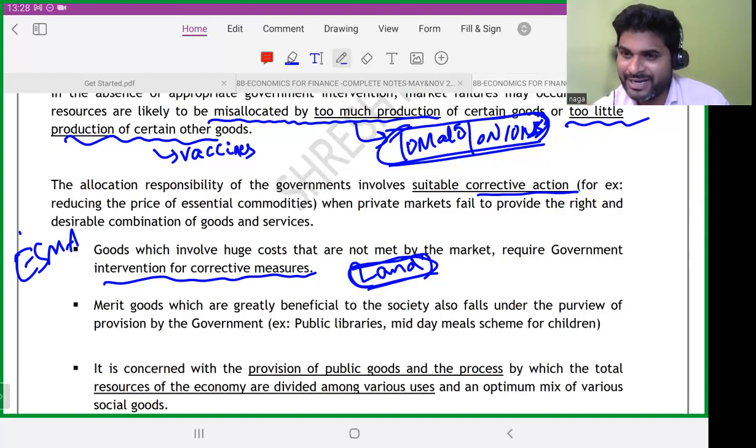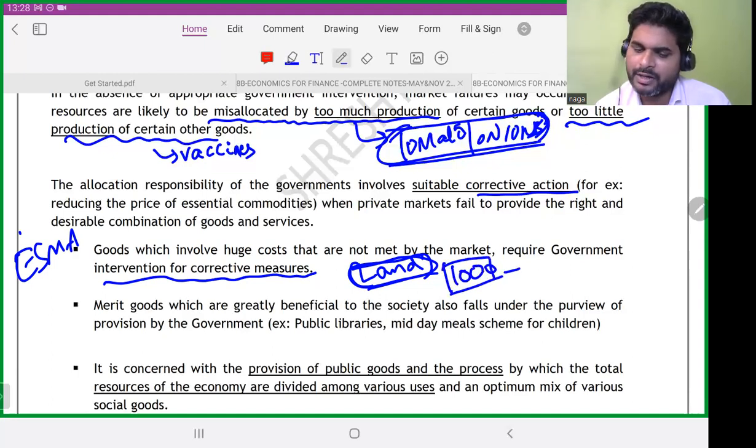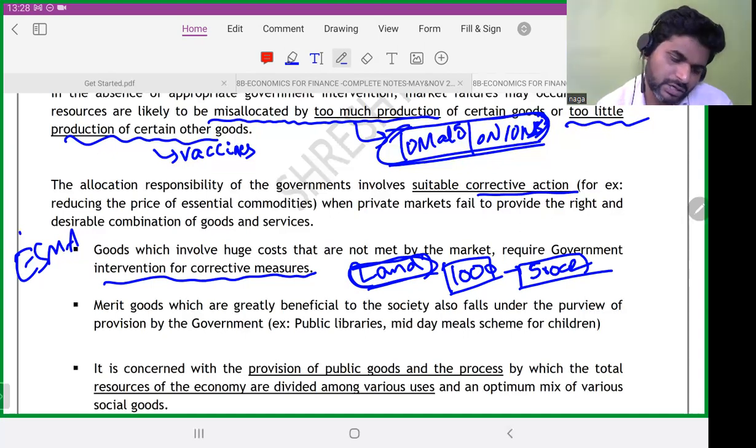So the government will allocate land to companies a lot of times if they are ready to provide, say, approximately 1,000 people employment, and say a 500 crores investment, government will be ready to give land free of cost. Governments are ready to give land free of cost. So these things are done by government. If government is not doing this, the cost of production will be too high. People will not be able to afford it, right? That is the reason government should do the resource allocation function.